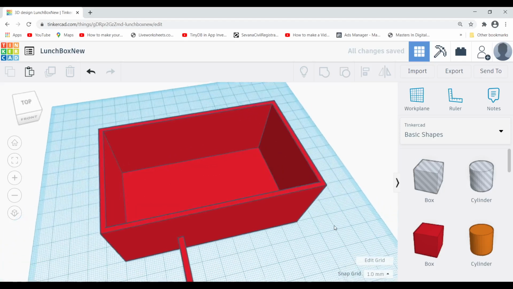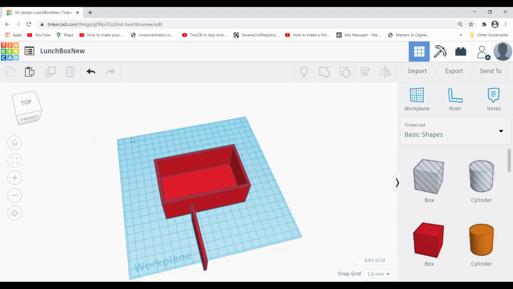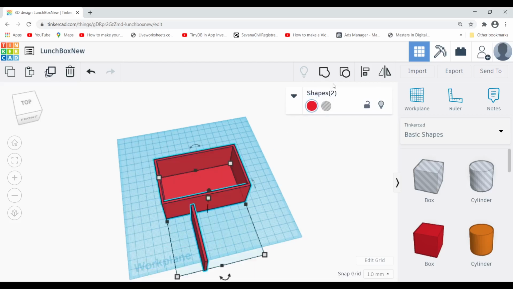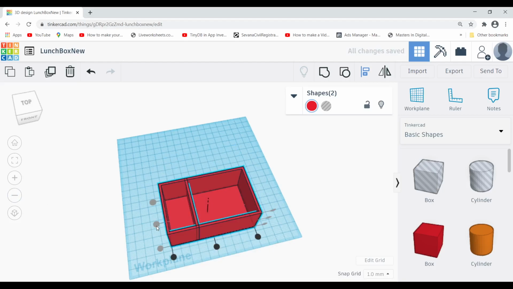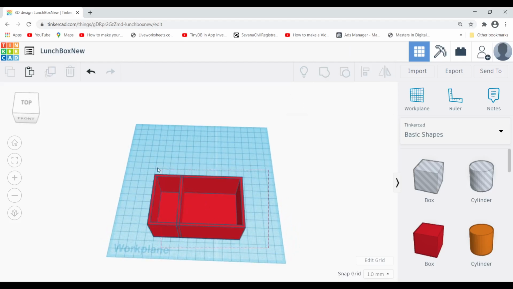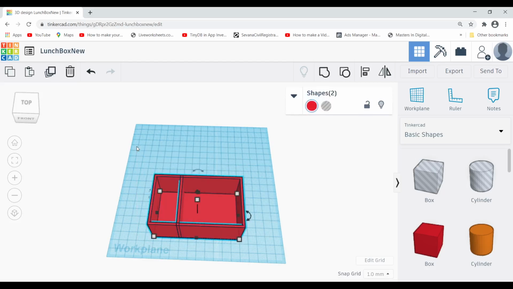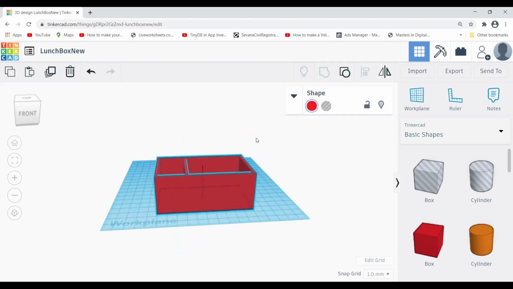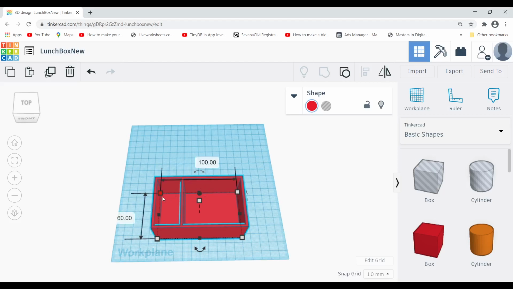If you finalized it, then again you can use the alignment tool. Select both the objects, click on the align option, and this time you have to align from this side, that is vertically. Now you can see it is properly inserted and aligned well. Once again you can select all the objects, you can use Ctrl A also, and you can use this group option. You can see now a box with two partitions you got.